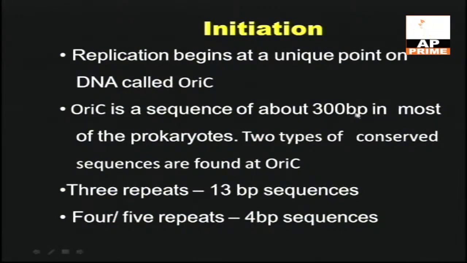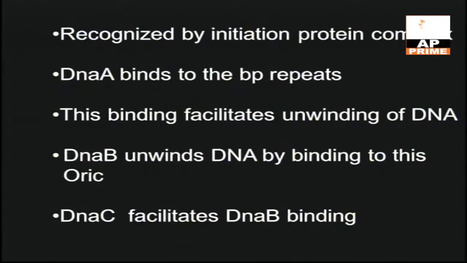about 300 base pairs in most of the prokaryotes with highly conserved sequences, and it consists of 3 repeats of 13 base pair sequences and 4 or 5 repeats of 4 base pair sequence sites. They will be recognized by a specific initiation protein complex. First of all, DnaA protein binds to this repeat. So this binding facilitates unwinding of DNA, and next DnaB protein binds to this repeat, and this facilitates unwinding of